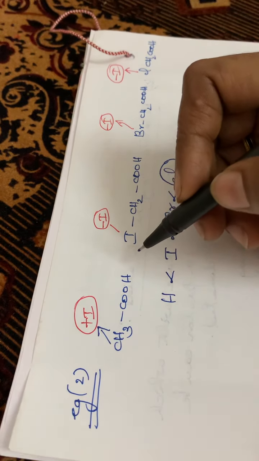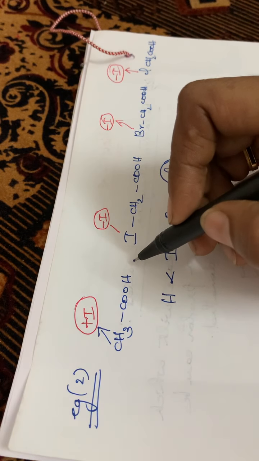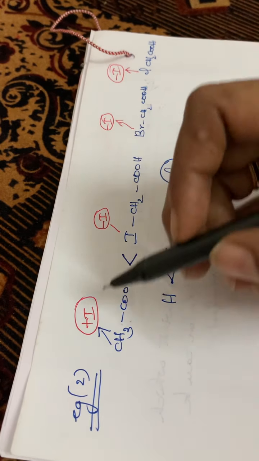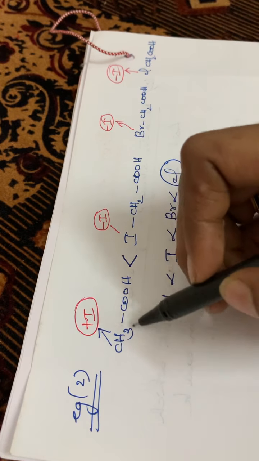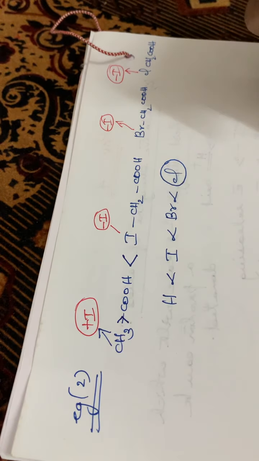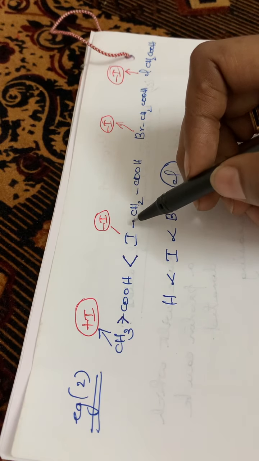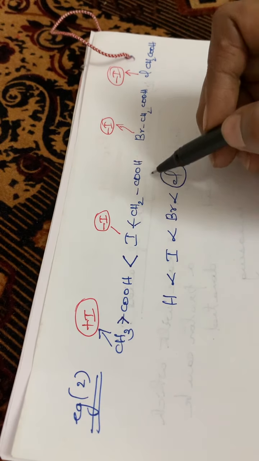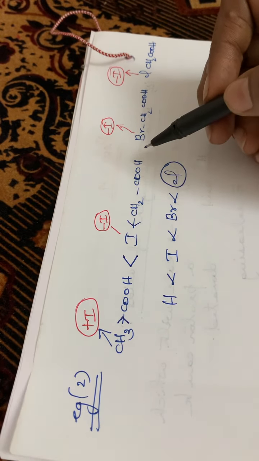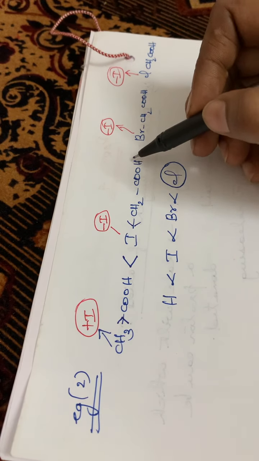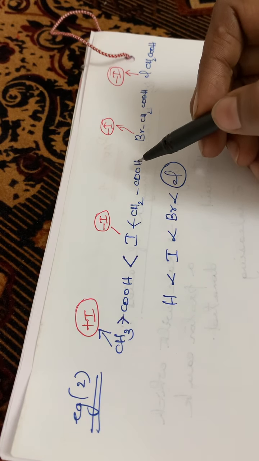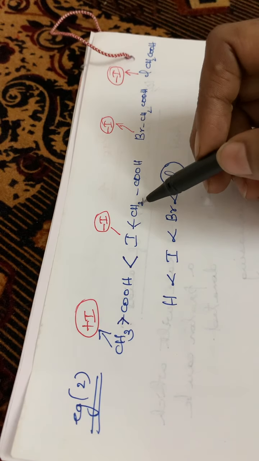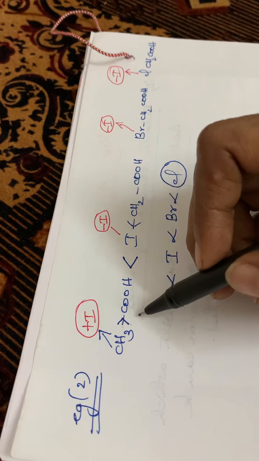So how can we write the order of this acid strength? Acetic acid will have the very least acid strength, since it has a plus I effect, isn't it? The CH3 group, so the electron pushing will be like this. But in the case of iodoacetic acid, the electron shift will be towards this iodine atom, isn't it? So the electron density around the COOH group will decrease, and as a result, the ease of removal of this proton is very high compared with that of acetic acid. So it has much greater acid strength compared with this one.